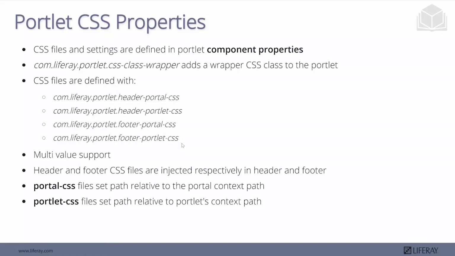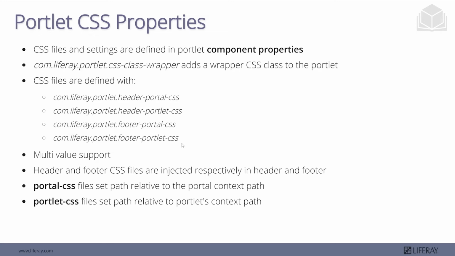So when we are using CSS within our Portlet component or within our application, we can define which CSS classes we're using by defining it within the component property, right? And so we have our CSS class wrapper in Liferay that adds, well, just that, a wrapper CSS class to the application itself, right? With that, we can define these other four, right? So you can have other CSS classes included, but these are going to be the big ones or the main